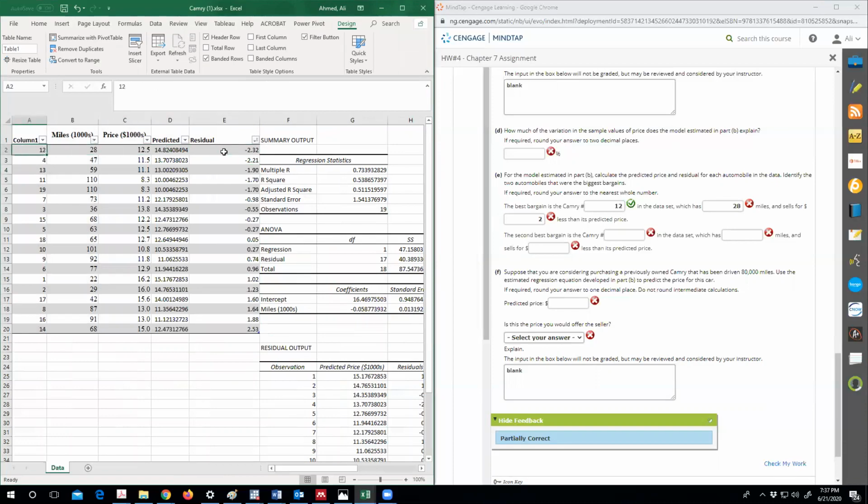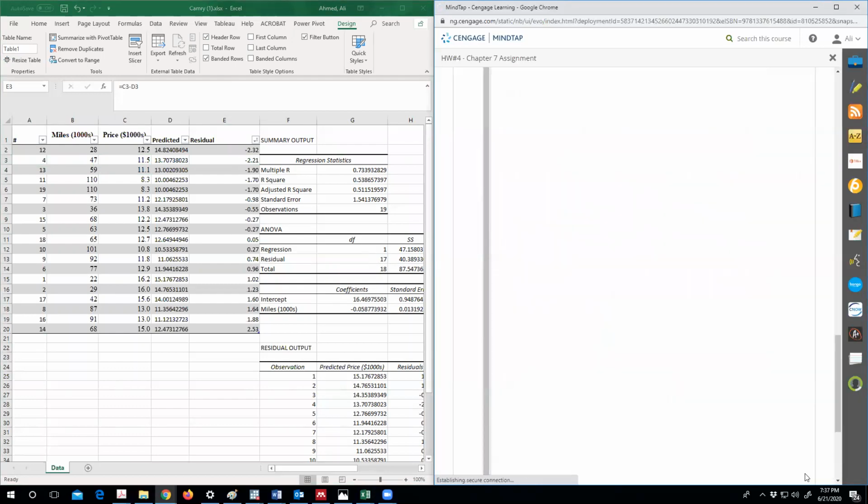So based on this is the Camry number. Column 1 is the number. So 228, so this is the best bargain. And the second is this one, which is 447 miles and sells for... so we need to get this, or again 2. Yeah, technically this is